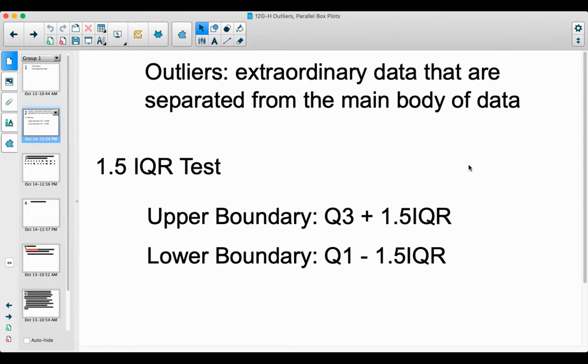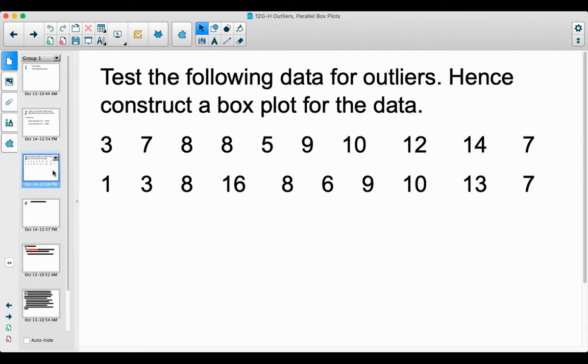So you have an upper boundary and a lower boundary, and the upper boundary is your Q3 plus 1.5 times your IQR, and your lower boundary is your Q1 minus 1.5 IQR. So I would put those in your notes so that you have those. So if you need to pause the video,